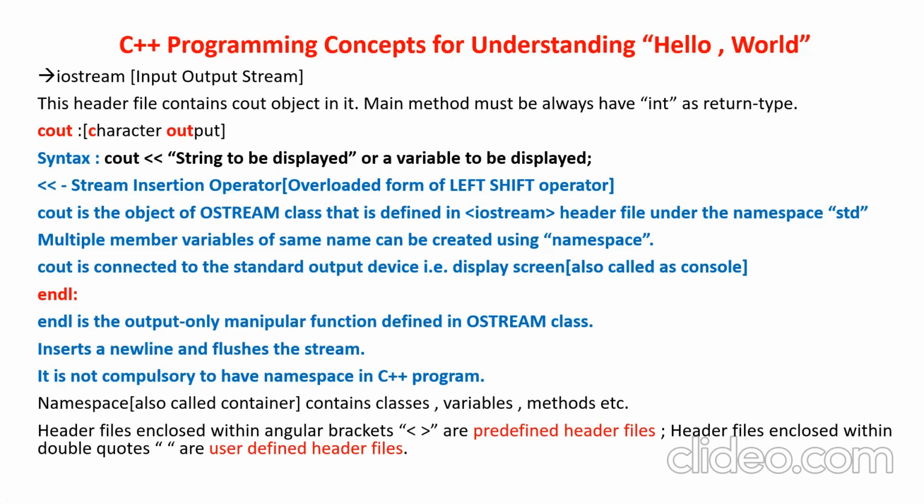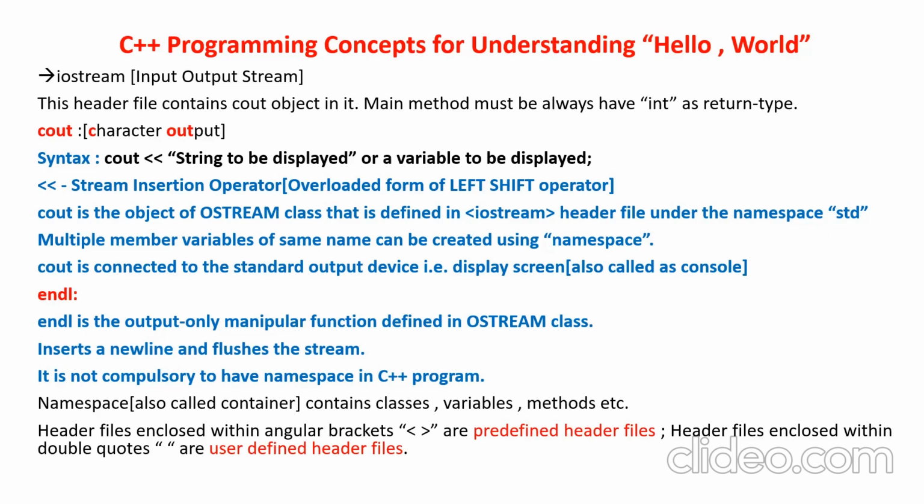That means one operator having multiple functionalities in different classes. That is called operator overloading. A plus symbol can be used as an addition operator in one class, and it can be used as a string concatenation operator in another class. So the same plus operator has different meanings in different classes. That is called operator overloading.